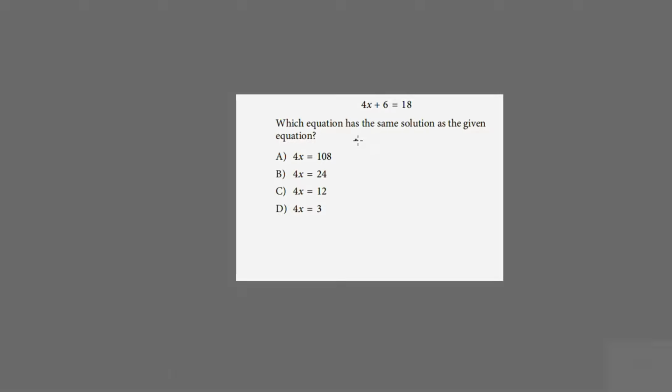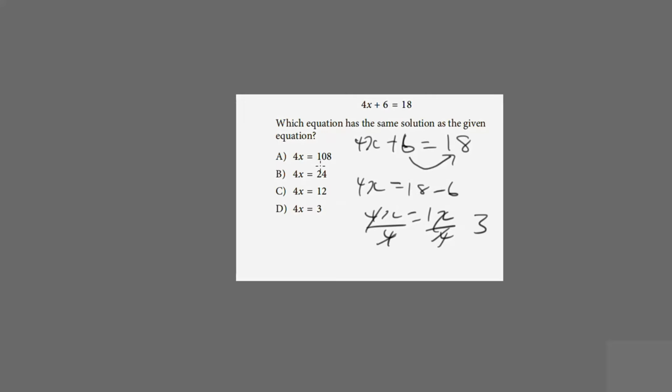So we have 4x plus 6 equals 18, this is simple algebra. We want to make x the subject, right? This plus 6 moves over to become negative, so we have 4x equals 18 minus 6. Alright, so 4x equals 12, divide both sides by 4. So our x is 3. So it's as simple as this. From these options we have here, let's take the one that gives 3 as the value of x. Looking at this solution, the right answer to this question will be